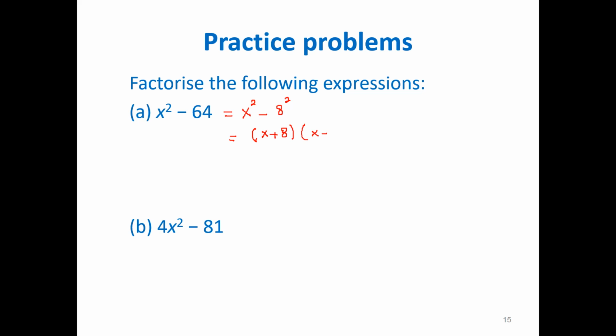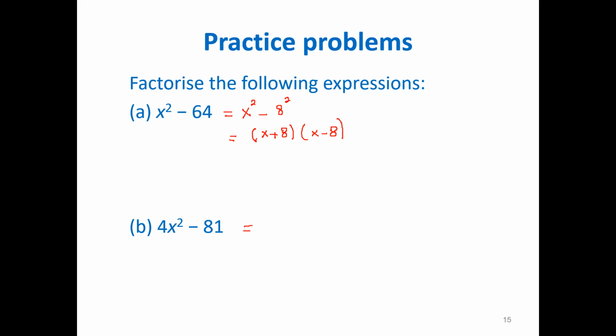If you ask me which bracket to write first, with the positive sign or negative sign, it doesn't matter, because this is multiplication of two brackets. So if you write in the first bracket x minus 8, in the second bracket x plus 8, that is correct also. For the second